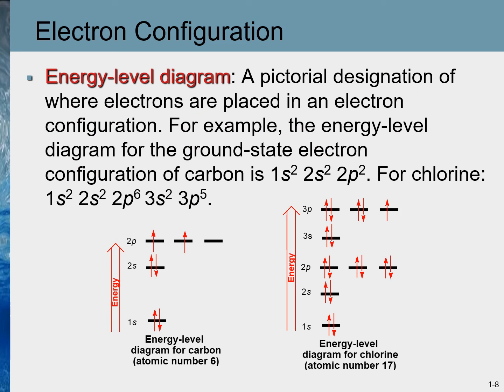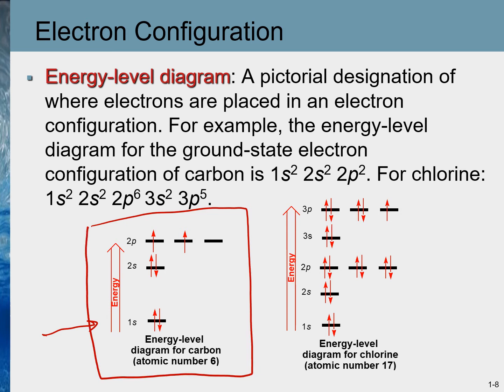Electronic configuration diagram shows a pictorial designation of electrons where they are placed around the nucleus. So essentially we show the orbitals around the nucleus in increasing order of energy. So the lowest energy orbital is shown at the bottom, and then the next energy orbital, and so on. So for example, this